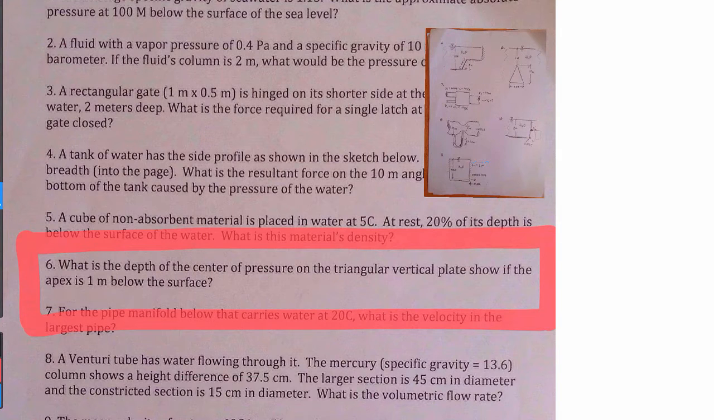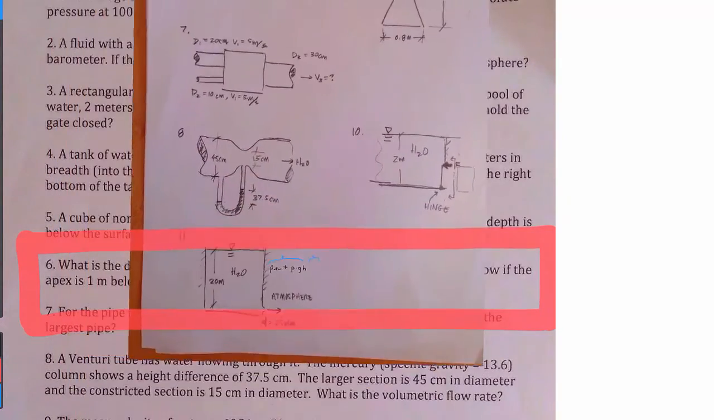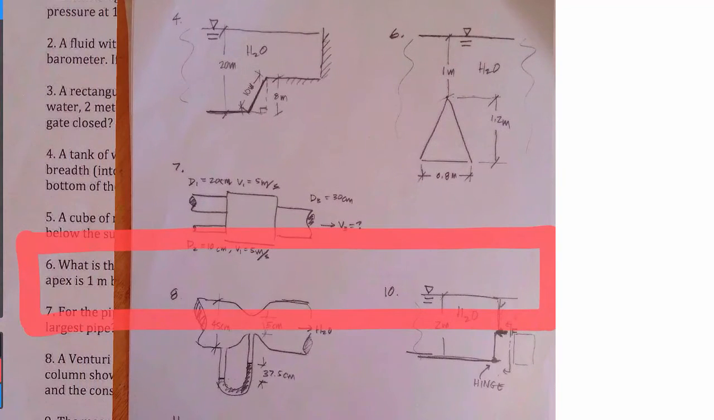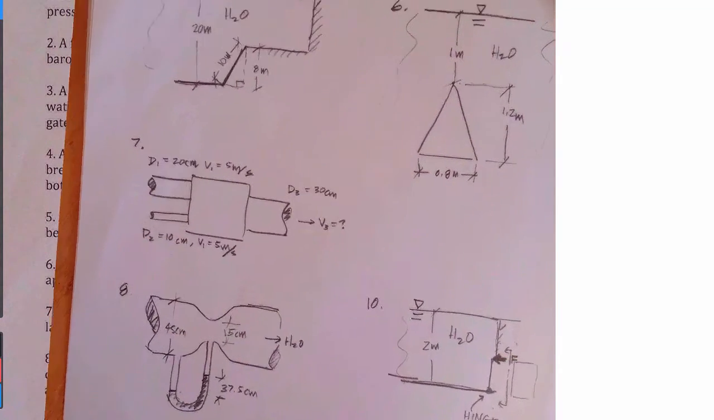Okay, this question asks about the depth of the center of pressure on the triangular vertical plate. Show, looks like there's an N missing, if the apex is 1 meter below the surface. So there's an image here, and let's take a look at that image. Number 6. Okay, here's a drawing for number 6, and one of the things that is important about this is